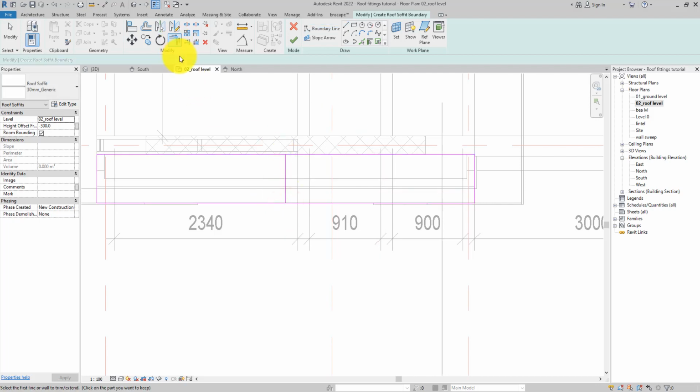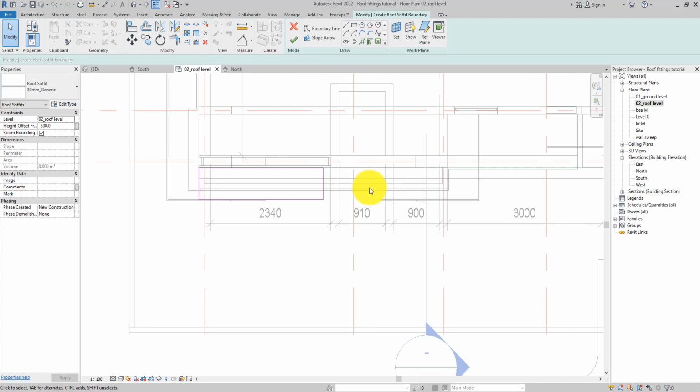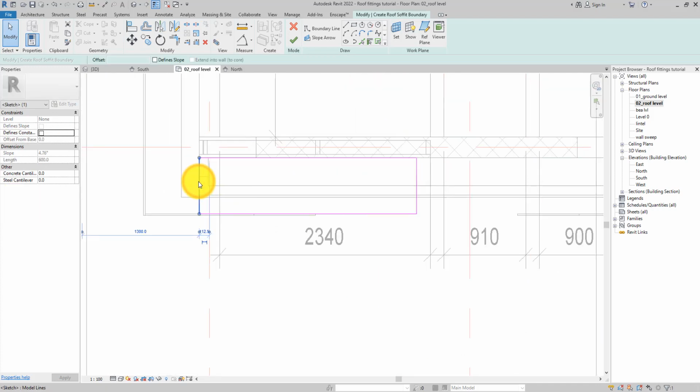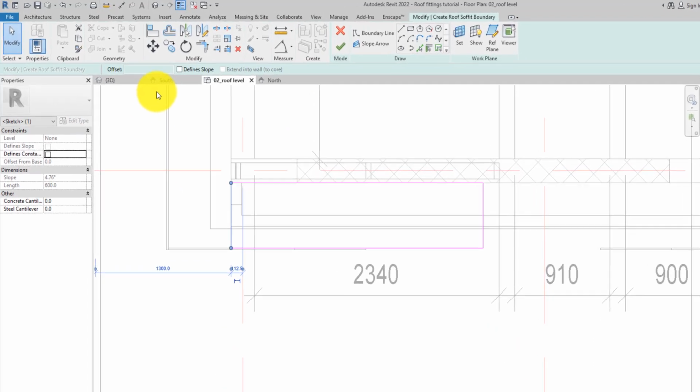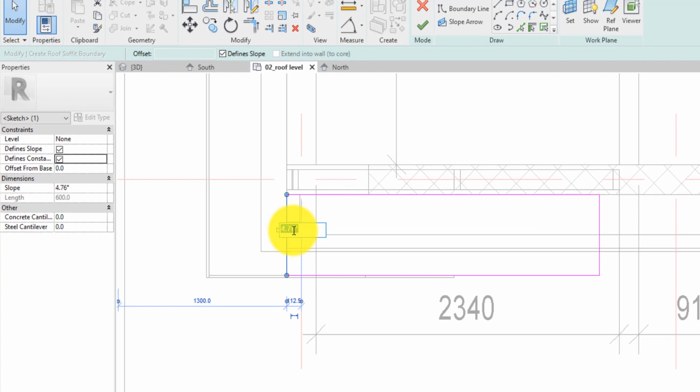So using the trim tool, or TR on your keyboard, we'll shape the sketch to what we want. Now we'll select this end boundary as well and define the slope. When we do this, we'll change it to 26